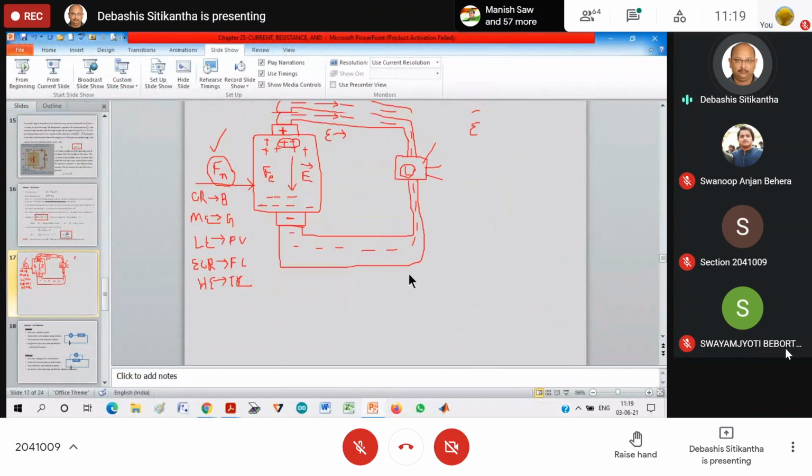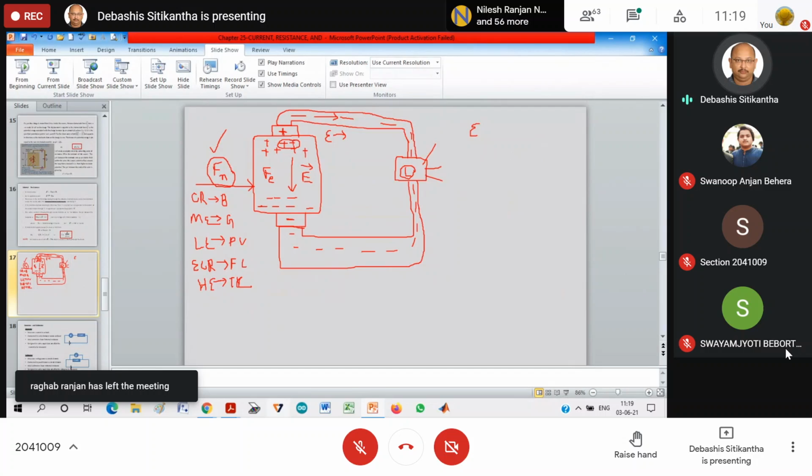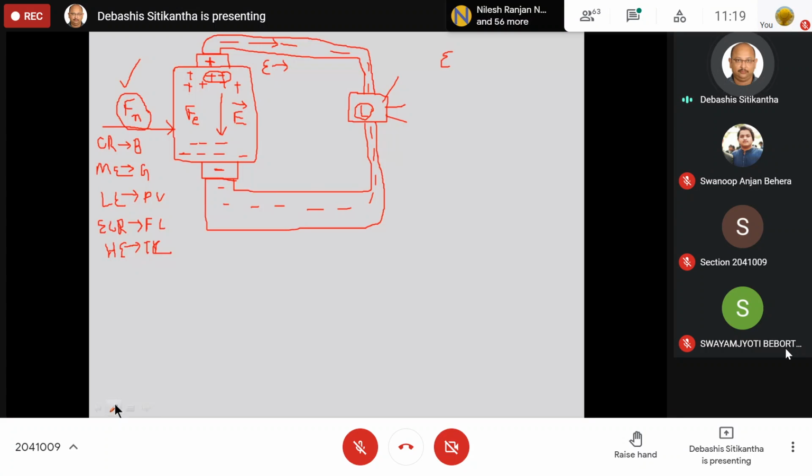Now, another important thing that I need to mention is that here Fn, what is this Fn? It is the non-electrostatic force, which is actually doing the work of separating the positive and negative charges. So that means this force is capable of doing some work. So let us say, as we know that work done is equal to Q into the potential difference,